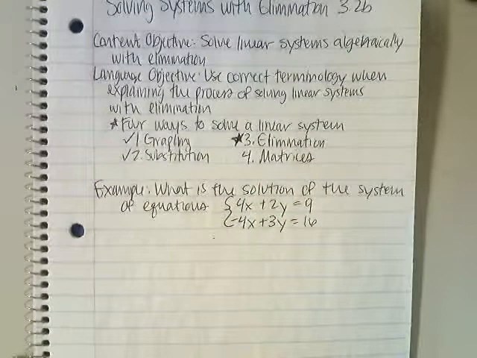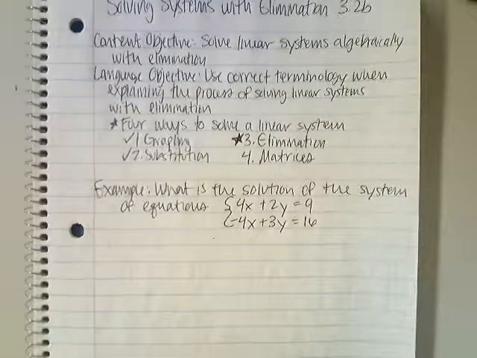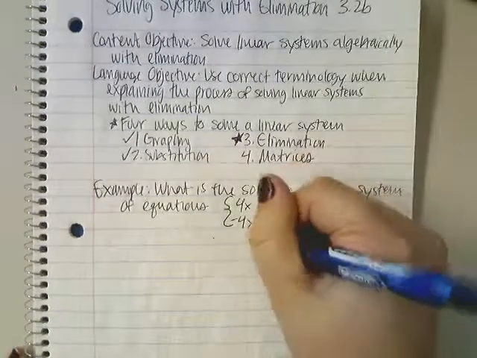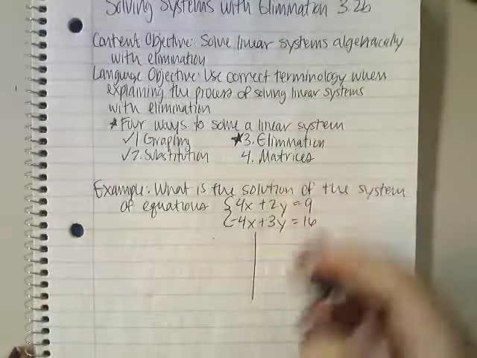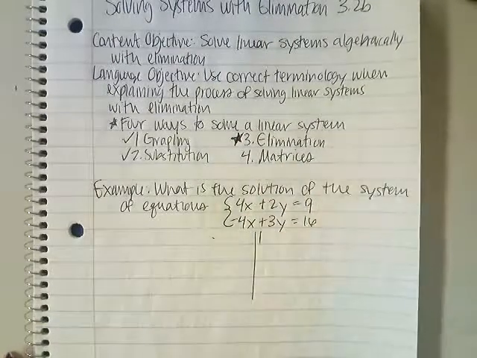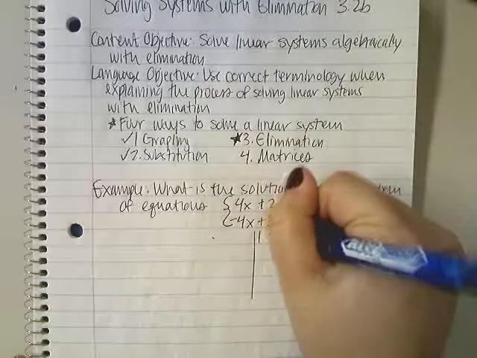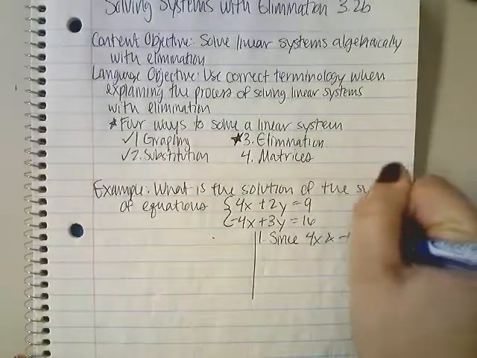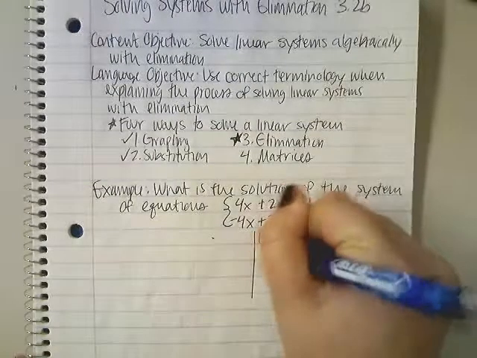So there's our system. So elimination, what we're going to do, for our first step, it's more of a reasoning thing. Since 4x and negative 4x are additive inverses,